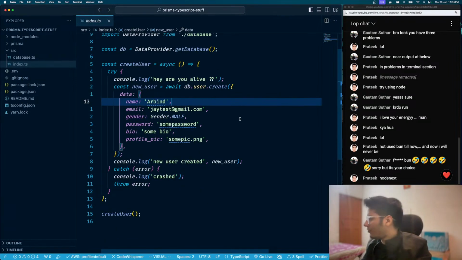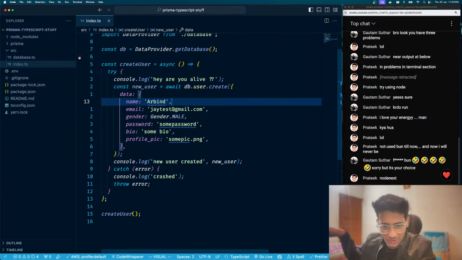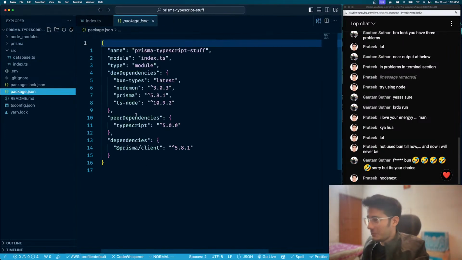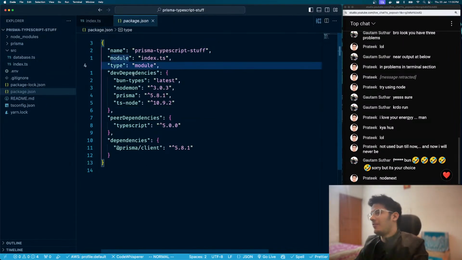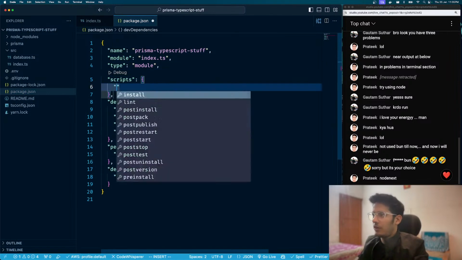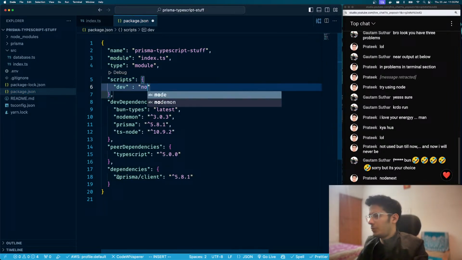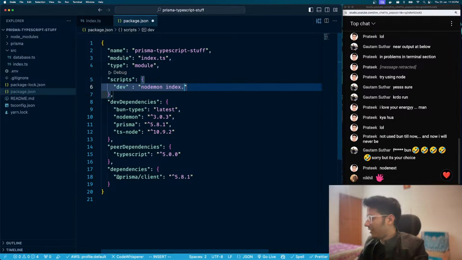So whatever, we have a data provider, we have these things. Okay, let's now try to run this. And what if it was our mistake? It was not Bun's mistake. It would be really bad if that would be the case. We'll create a script, and we'll call it dev, and we'll call it nodemon index dot